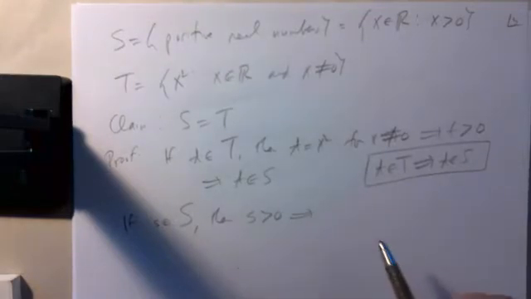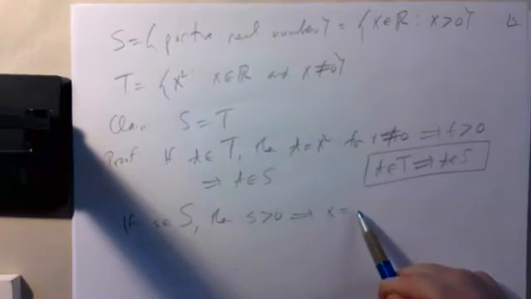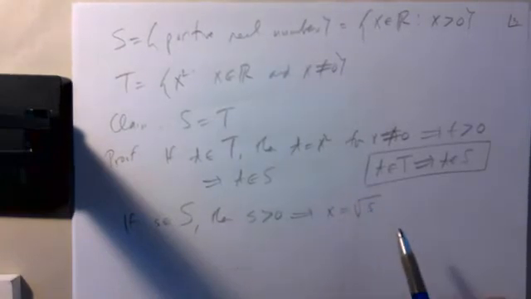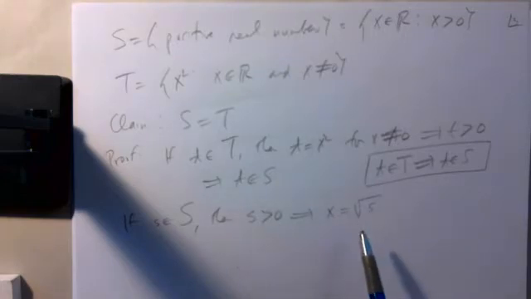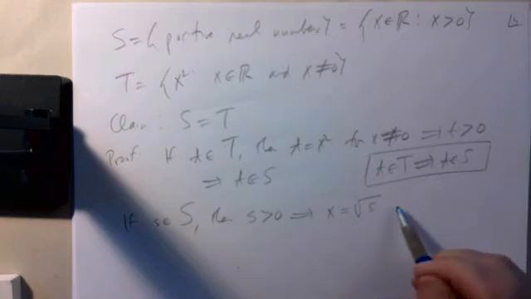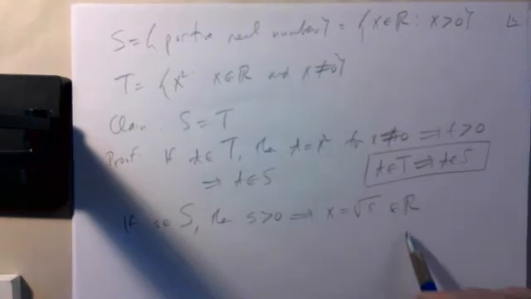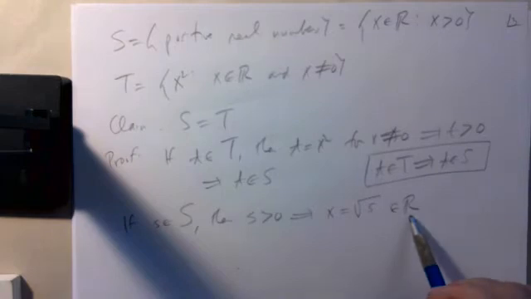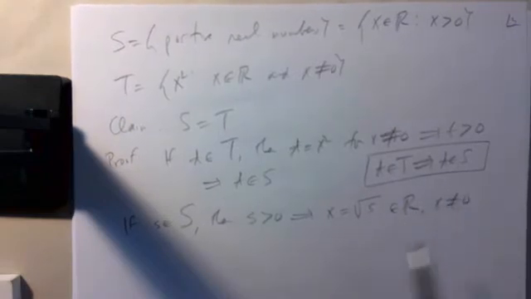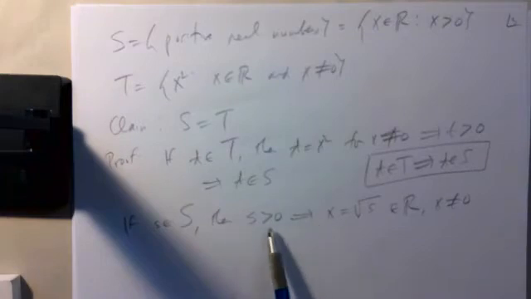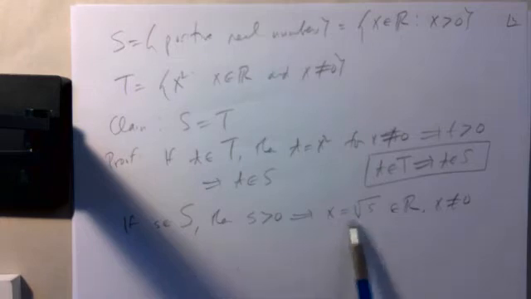And if we let X be the positive square root of S, because we know in the real numbers every positive number has a square root, then X is some real number, not 0, right? Because the square root of a positive number can't be 0, because 0 squared is 0. So if S is positive and you let X be the square root of S, then X is different from 0,